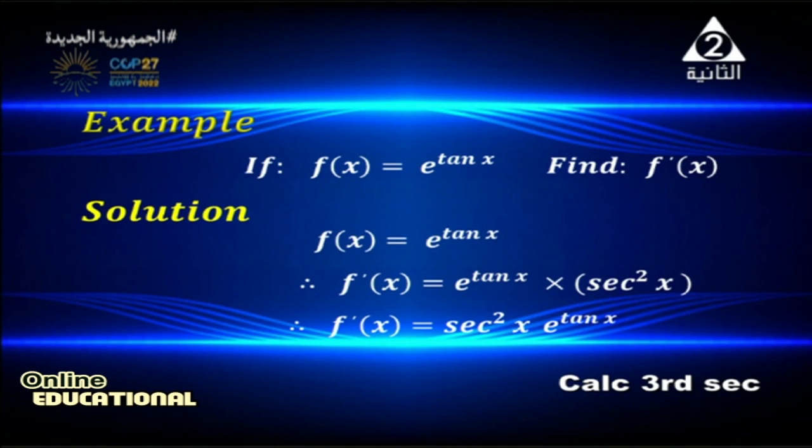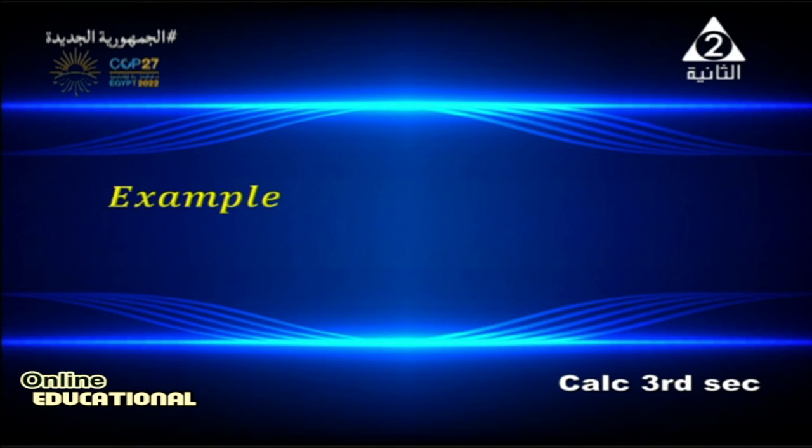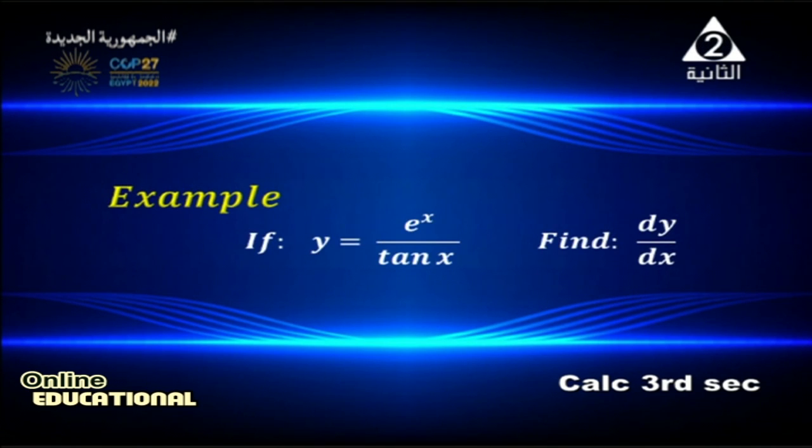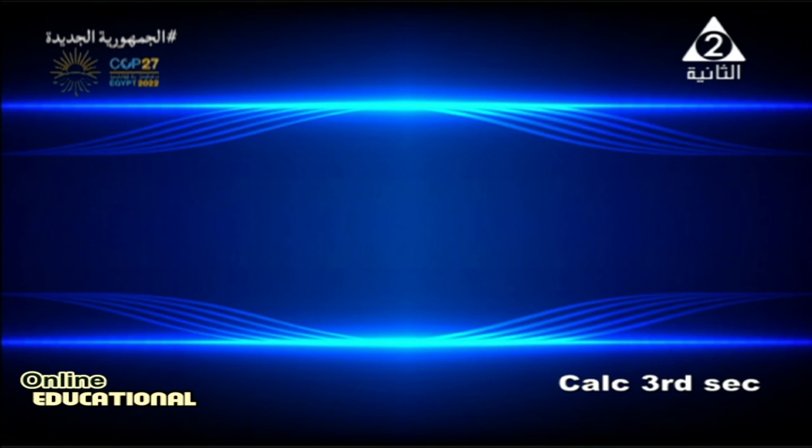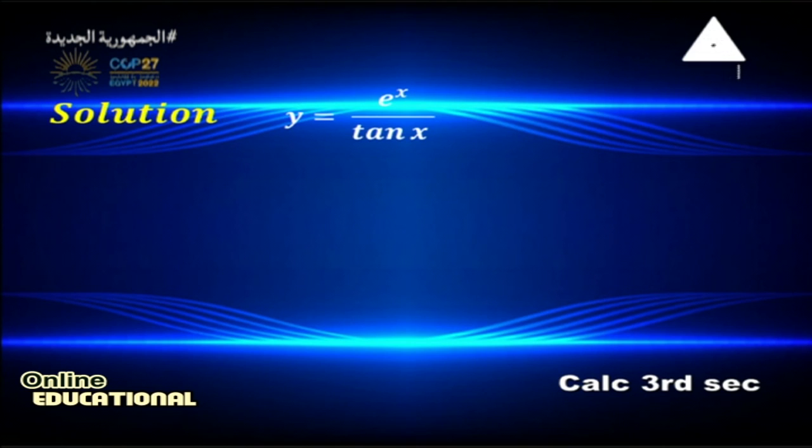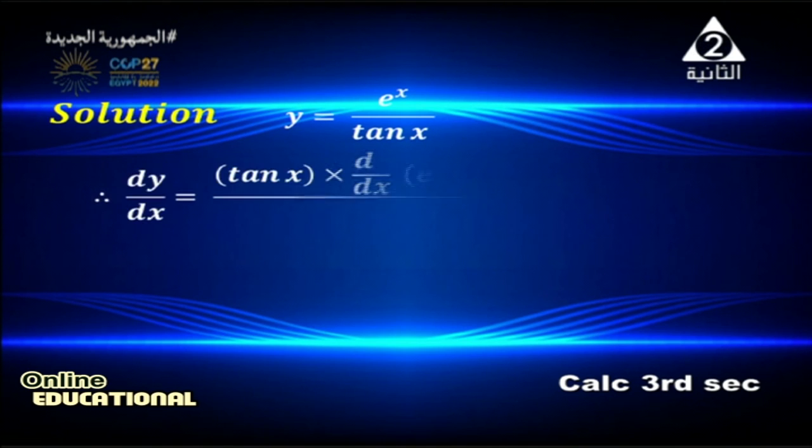Another example, if y equals e to the power x over 10x, find dy dx. Now we have a quotient. Y equals e to the power x divided by 10x. We can use the derivative of quotient of two functions. Dy dx equals